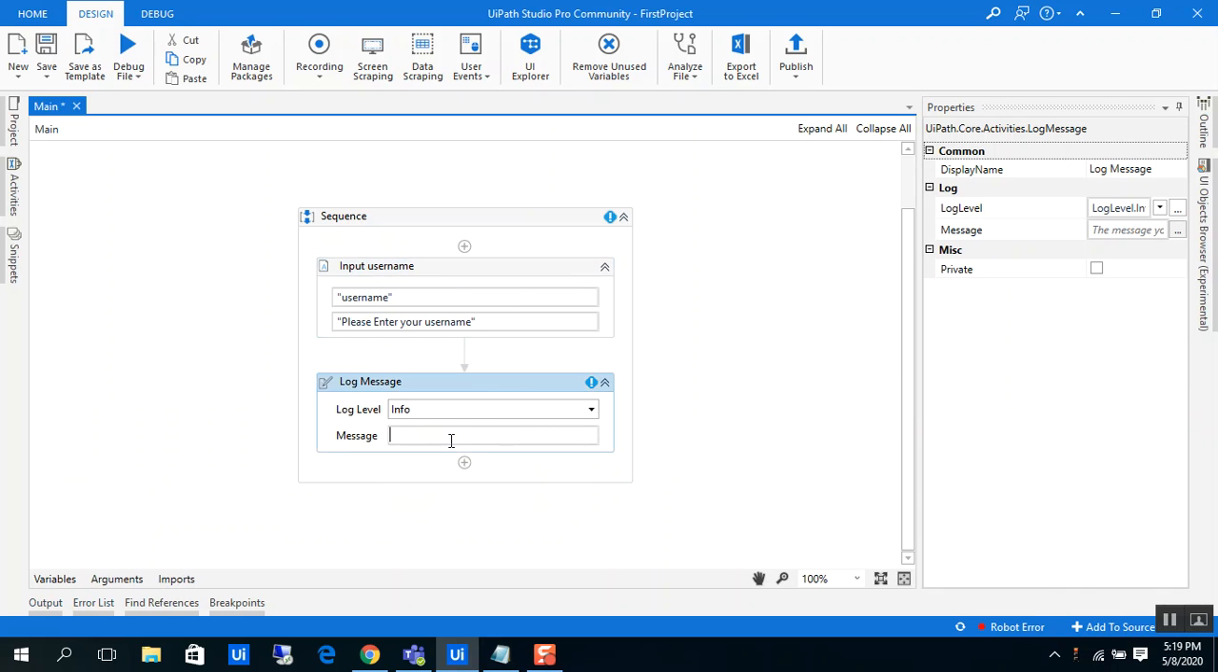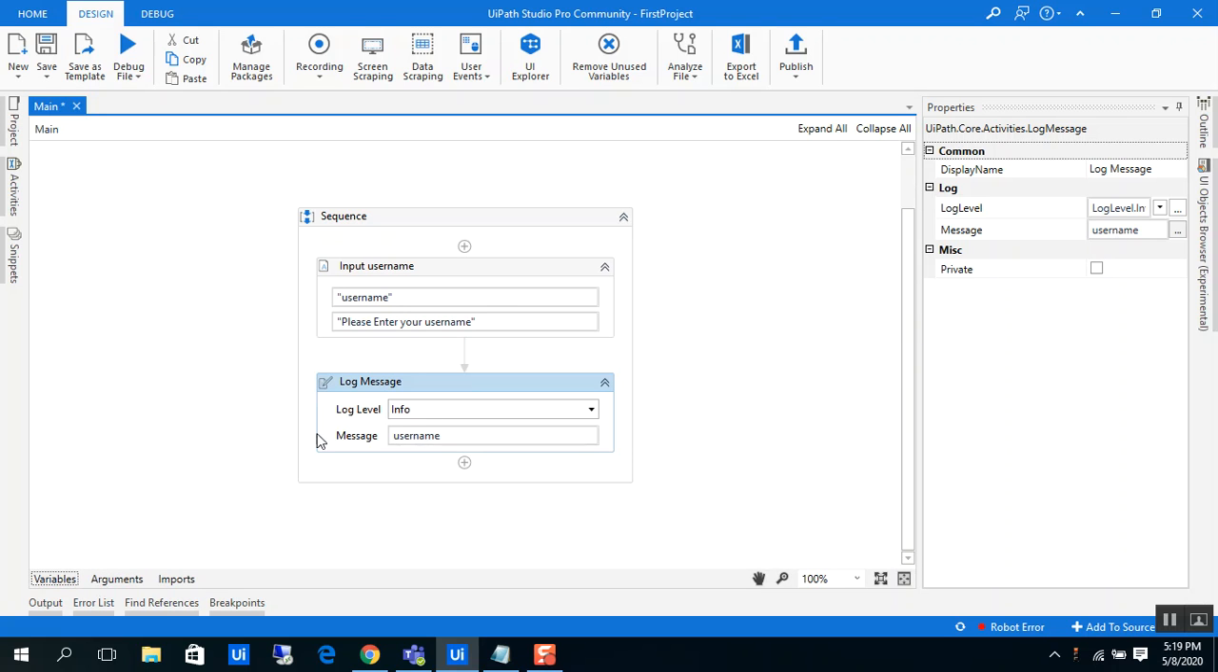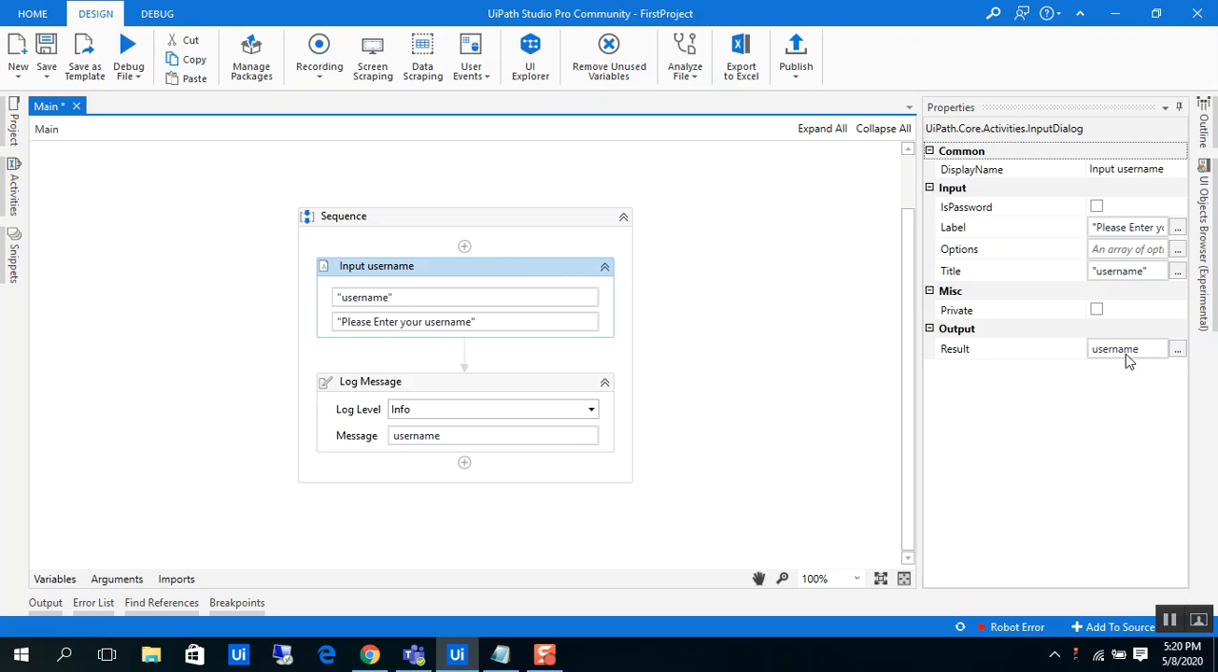So I'm just passing the variable that we have created. It's called username, and just done. Now you can see the different ways that we can create a variable. From the variables panel you can create a variable, and there is another way that I will show you in a minute. So if I just save my workflow and run,